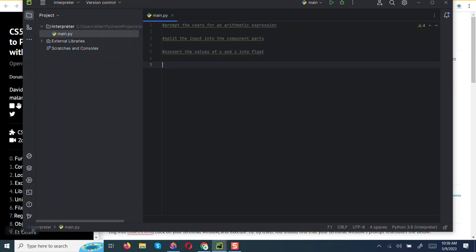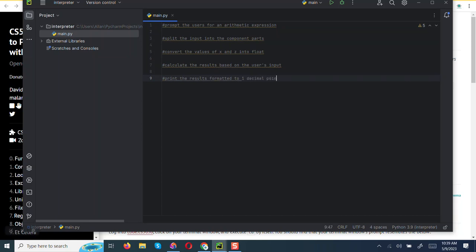Then we are going to calculate the results based on the user's input. Then we are going to print the results formatted to one